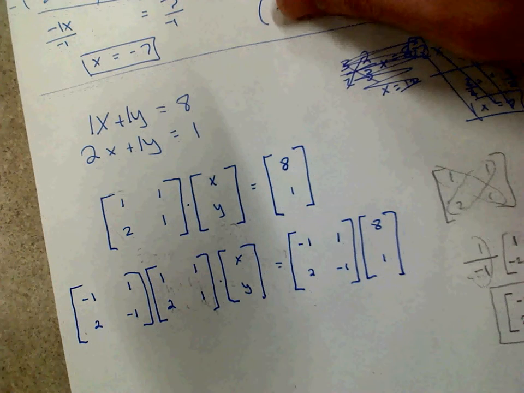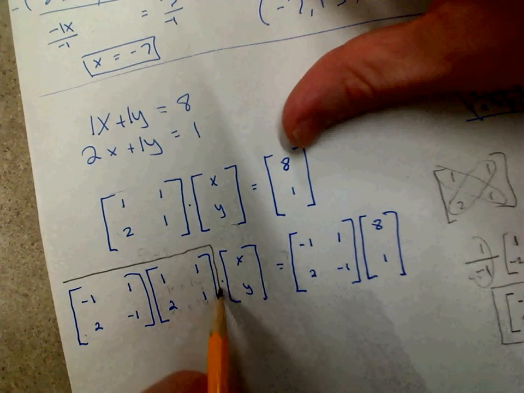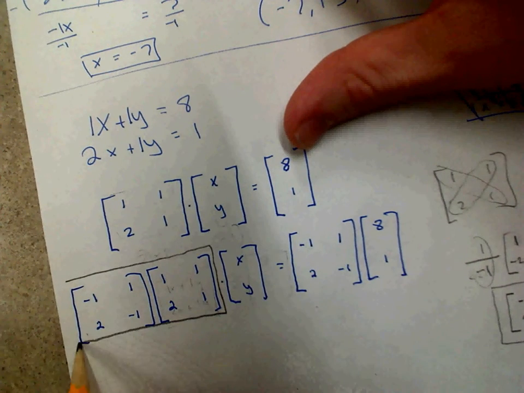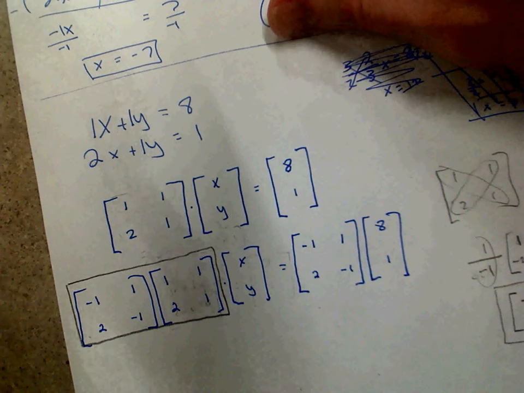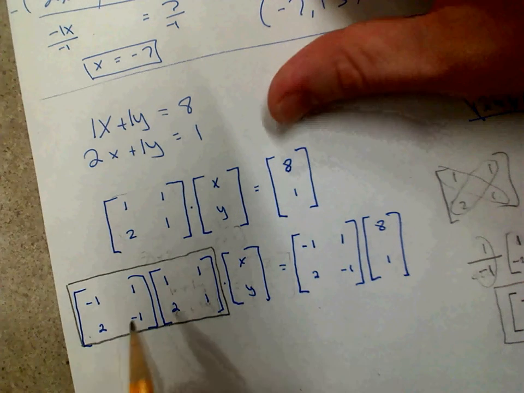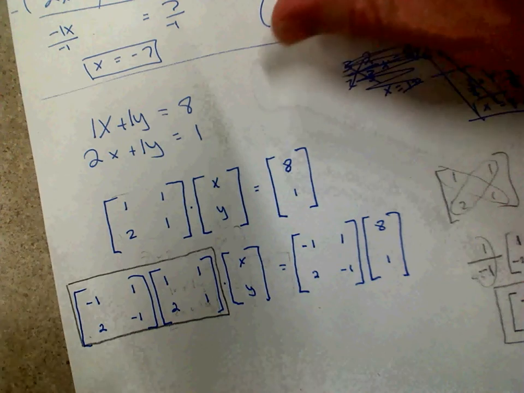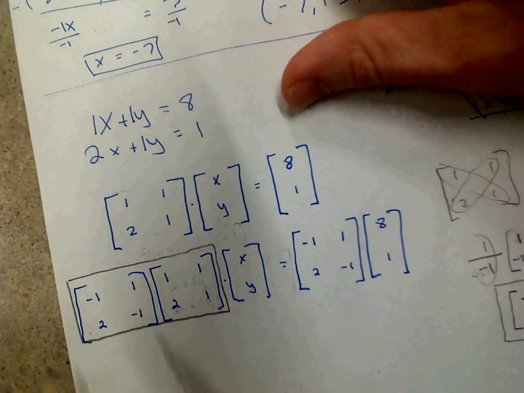Alright, so now I'm saying that these two matrices are inverses, and we talked about how inverses of matrices basically multiply together to get the identity matrix, which is 1, 0, 0, 1. So if I were to multiply these together by hand, which I wouldn't recommend, if you know they're inverses, you should know the result, but just to show you, by hand,